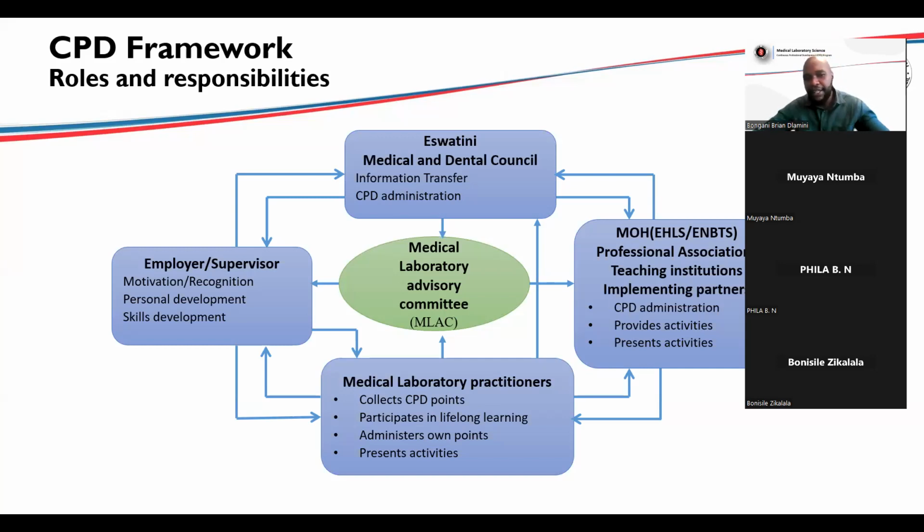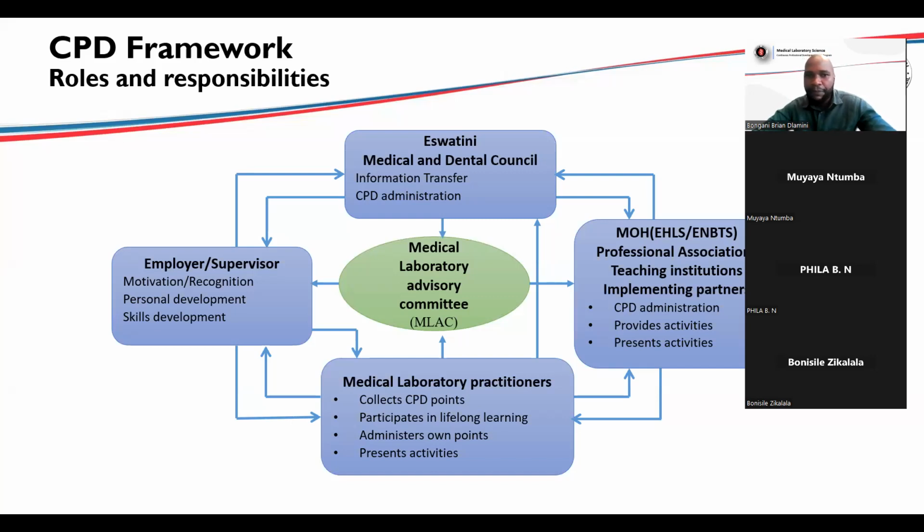practitioners. So the whole idea here, colleagues, is to make all trainings that are within the MOH calendar and through the EHLS and private labs and the blood bank as well to be CPD accredited. And then on top of that, we have this virtual webinar series, which will give us 1 point, 2 points on a weekly, monthly, or quarterly basis, such that by the time we complete this EMDC year, we have different training from various platforms, and everyone had a fair chance to attend and accumulate CPD points